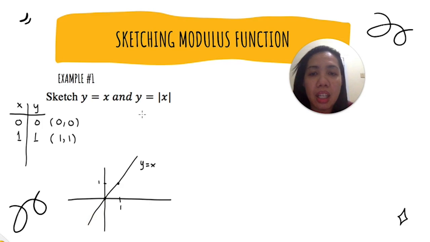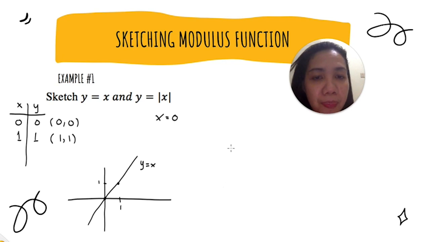Okay, the next thing, how if we include the absolute value in the function? So y equals to the absolute value of x. How to draw it? The same thing, but for this modulus function, actually modulus function has a vertex. And the first thing first, we need to find out the x of the vertex. So we can find the x coordinate of the vertex from the things inside the absolute sign here. So in here we have x, so x equals to 0. So x equal to 0 is the x coordinate of the vertex of this function actually.